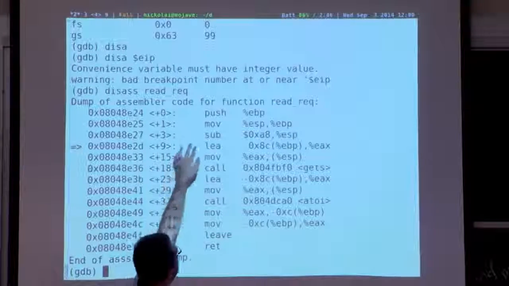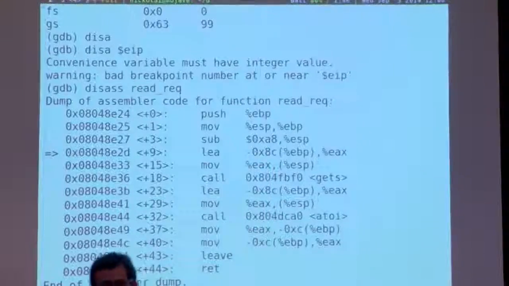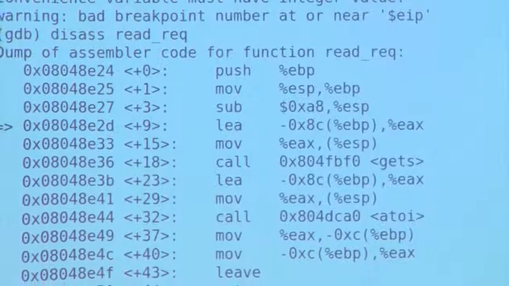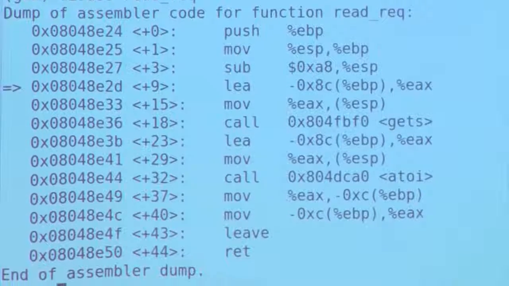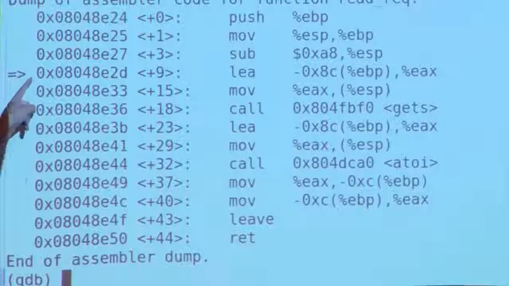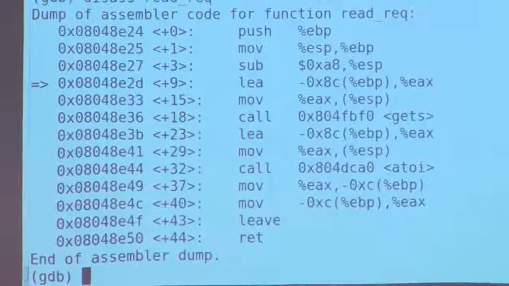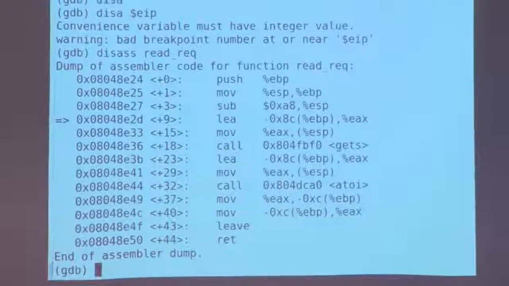But the first thing it does after that is subtract a certain value from the stack pointer. This is basically making space for all those variables, like the buffer and the integer I we saw in the C source code. So we're actually now 4 instructions into the function here, so that stack pointer value that we saw before is actually already in the middle, so to say, of the stack.